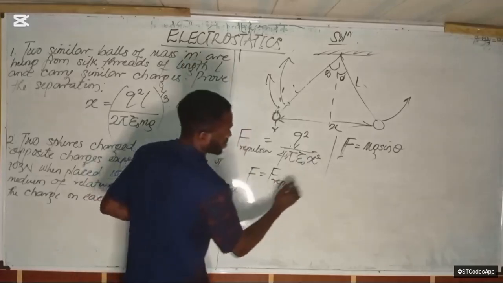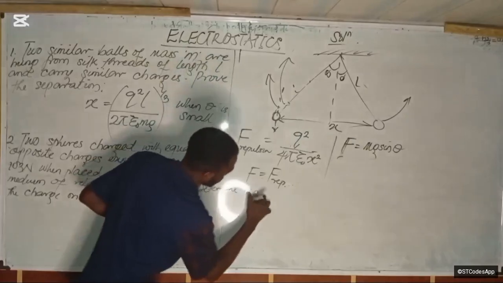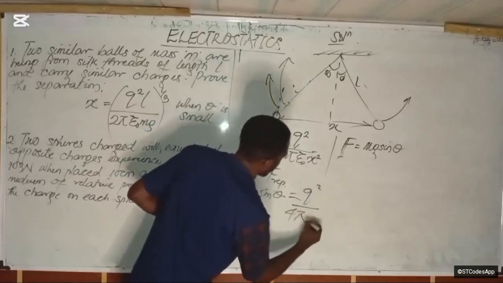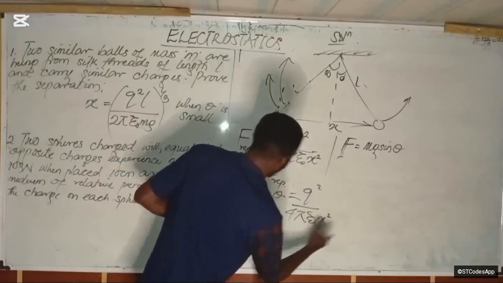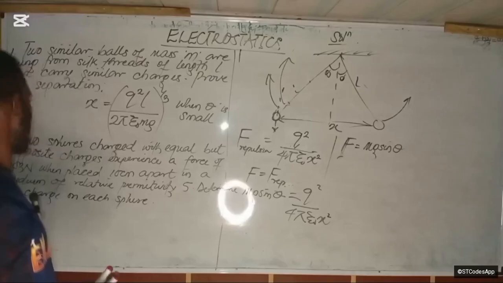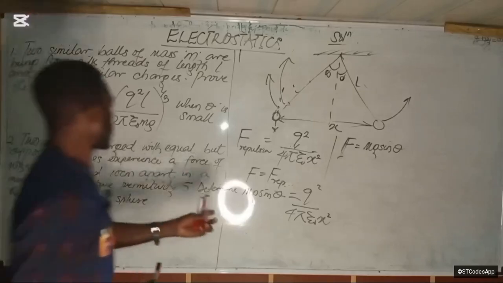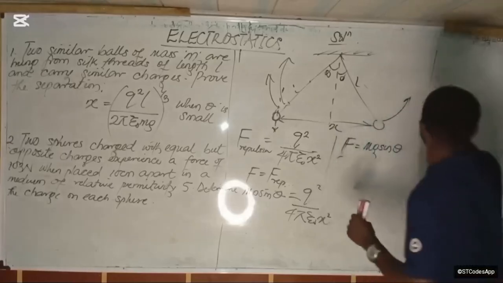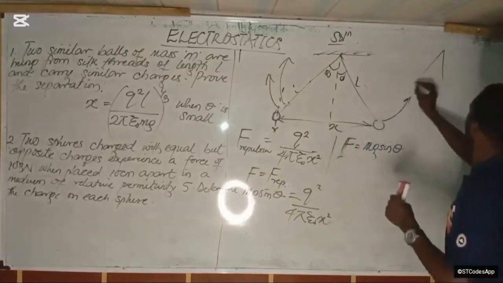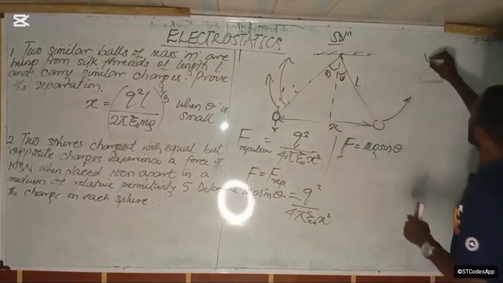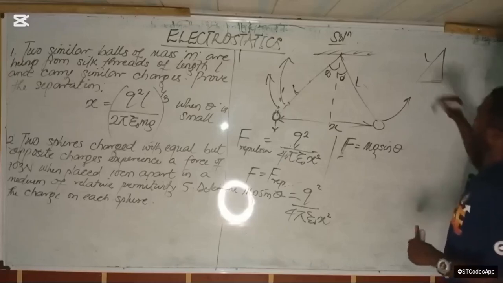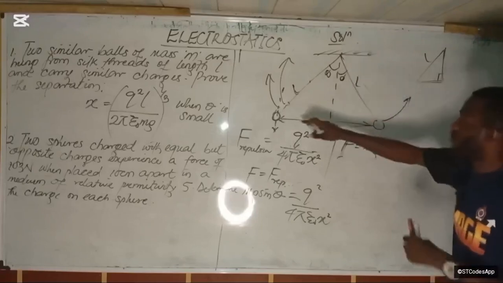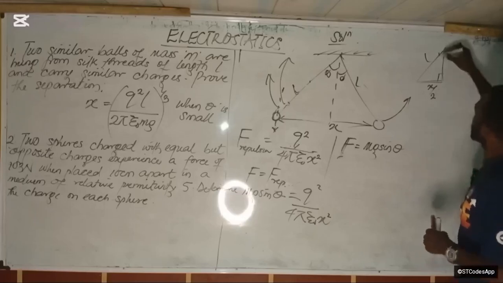Then that means mg sine theta should be equal to q squared over 4 pi epsilon naught x squared. Good. So what's our theta? Theta is not given here. We can look for a value for theta since we already have a right angle triangle system. Here is L, and this is our right angle here. From here to here is x. Midway is going to be x over 2. Does that make sense to you? And this is our theta.